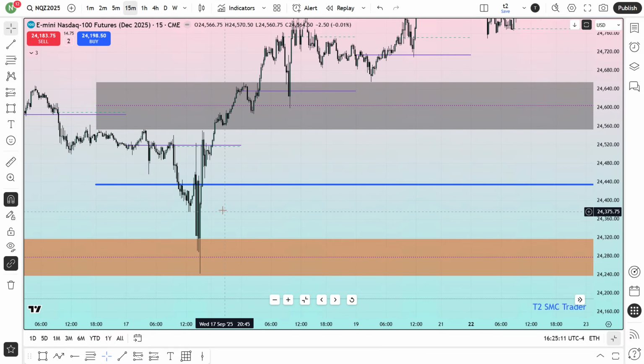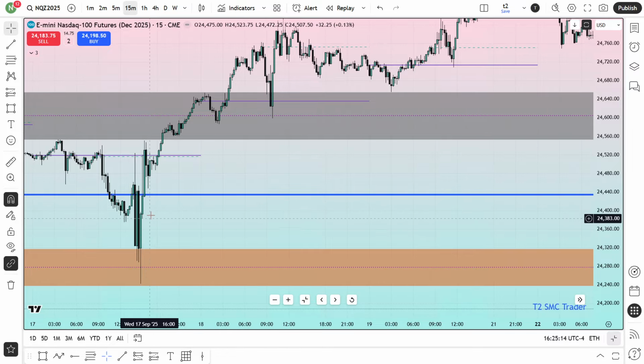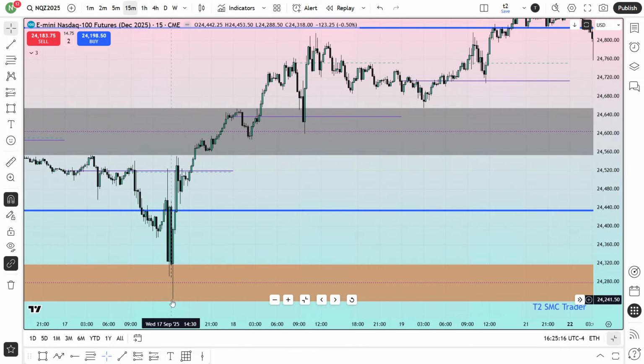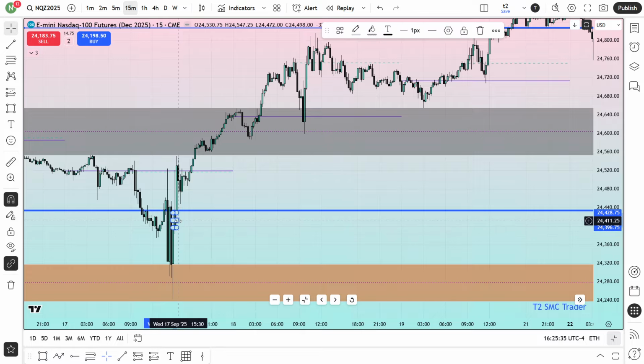Now over here, if you take a closer look, when it traded that last fair value gap from the daily chart, that big wick left the last fair value gap. That means when it tapped here and started to go higher, this is the first fair value gap. And after that, when the market is going to fall again, this will turn into the last fair value gap. So I'm going to mark that last fair value gap, and I'll extend it to my right.